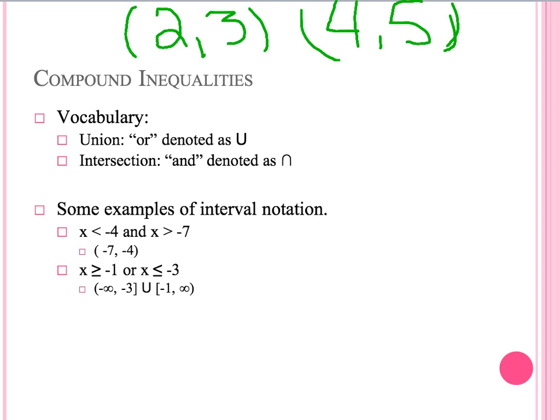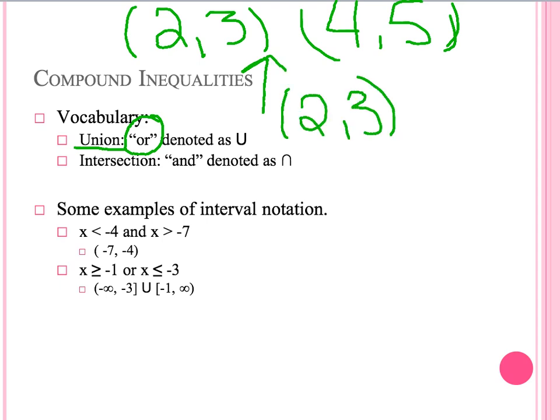Next, we're going to go over some vocabulary terms. Our first vocabulary word is union. Union is used when we have an or in our inequalities. To show how this is done with the following inequalities on top, our first thing we would do is write 2, 3, 4, 5, and if we want the union, a union is denoted by